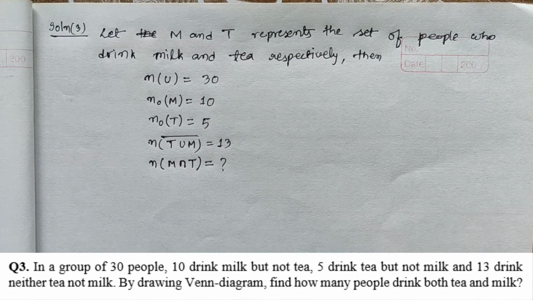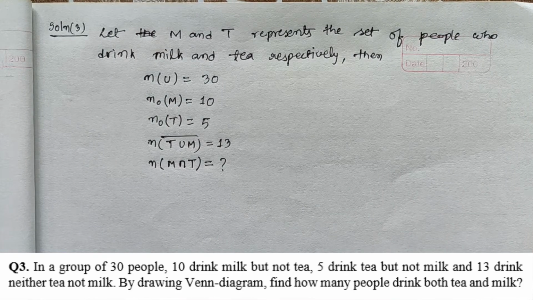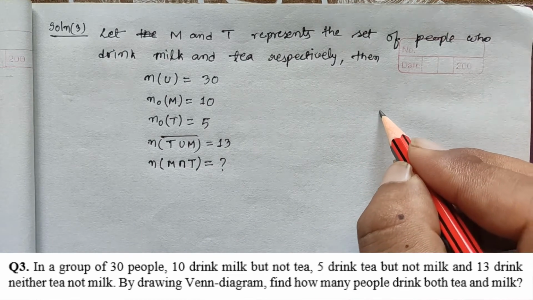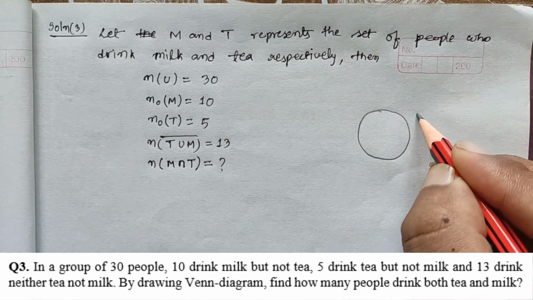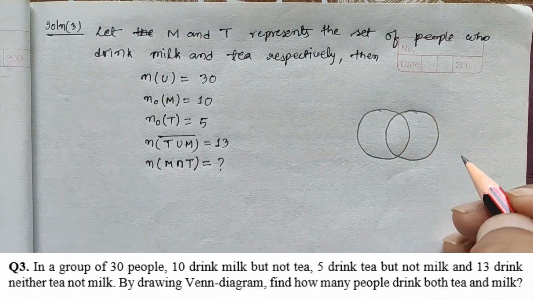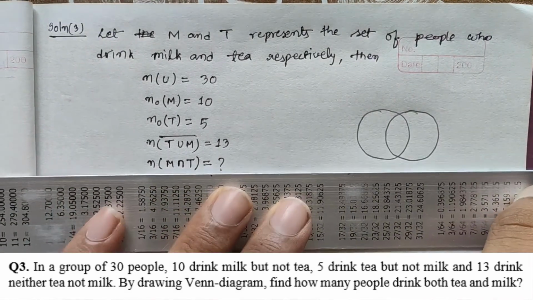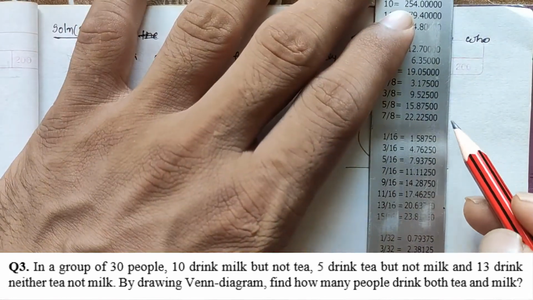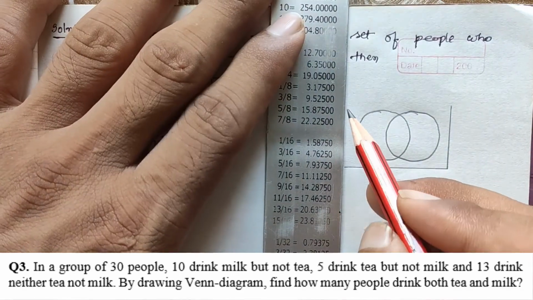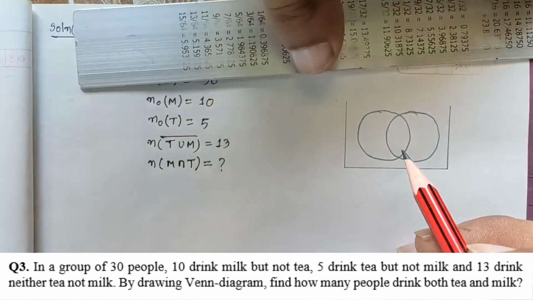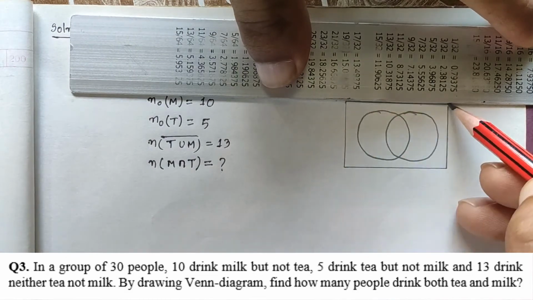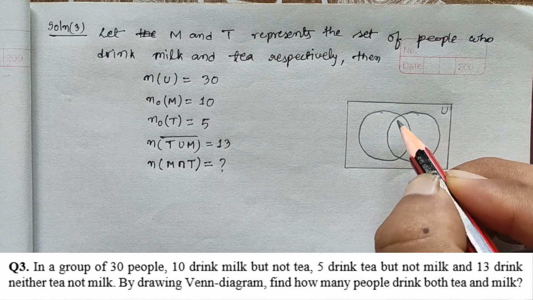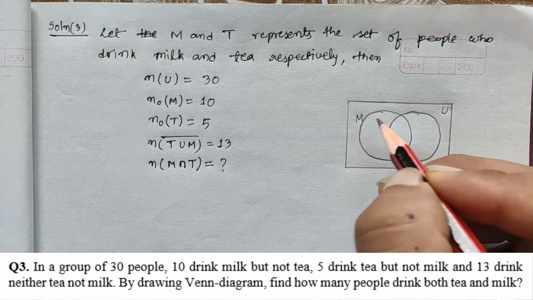The question says you have to first draw the Venn diagram, so use compass and pencil to draw it, and then you can solve from the Venn diagram. The Venn diagram is ready, and now you have to write here, this is the set for milk,